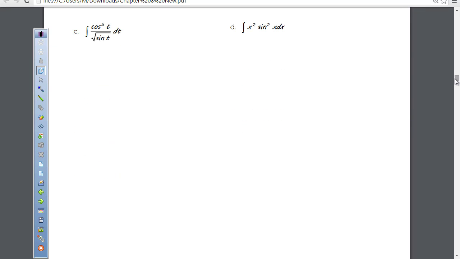All right, we've got another one. Notice here that beneath our radical, we've got sine, okay, and that's kind of hard to pull that one out. So we might want to think of holding on to a cosine to be part of our derivative, and then changing everything else to sine, okay? So the way we're going to do that,